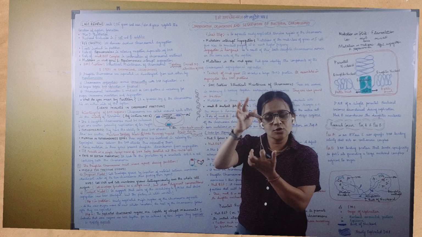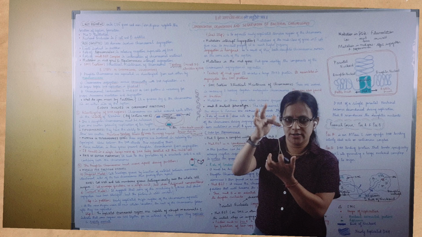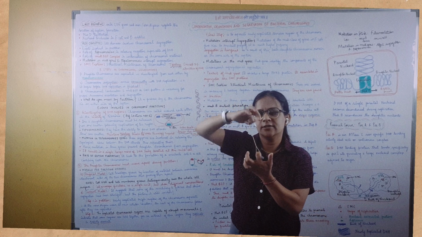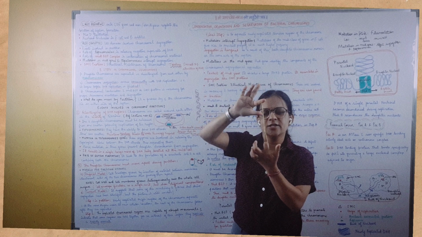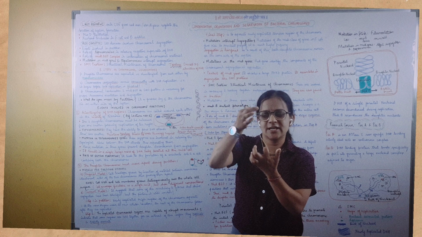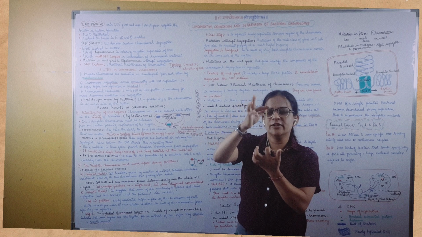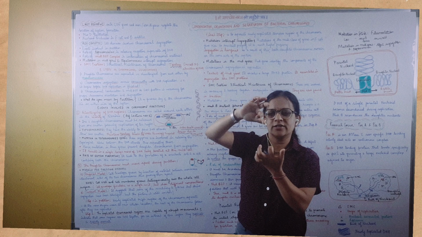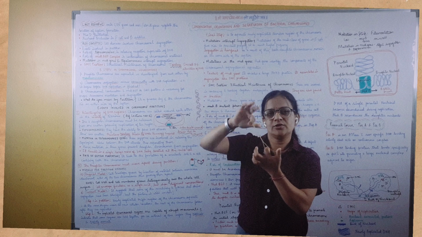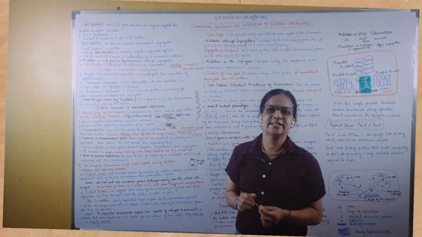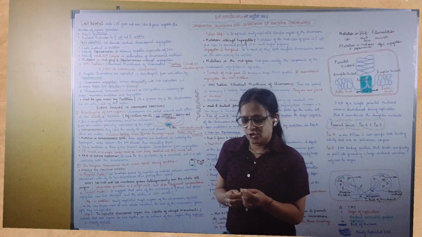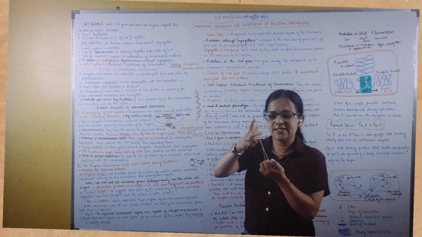Now this is called positive supercoiling. Now what is negative supercoiling? Negative supercoiling is when the DNA is unwinding, right? So it's just the reverse. When the two strands are coiling around each other, that is called positive supercoiling. And when the two strands are relaxing or unwinding, that is called negative supercoiling. So this winding process or unwinding process of the two DNA strands is brought about by the enzyme topoisomerases. Now these topoisomerases help in relaxing the torsion.